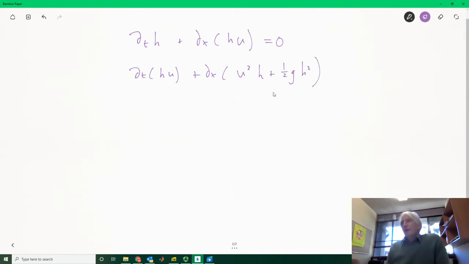Okay, you can sort of see how this is somehow connected up with the, so this is conservation of mass and this is conservation of momentum. This is somehow connected up with the energy and all that stuff. So we can simplify the equations. I'm not going to go through all this, but